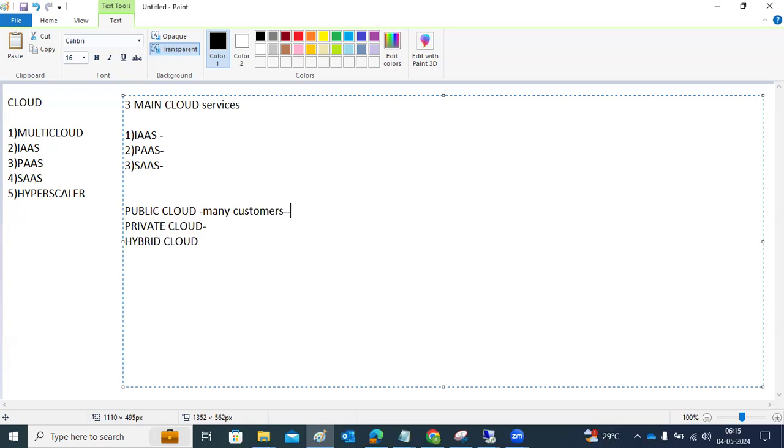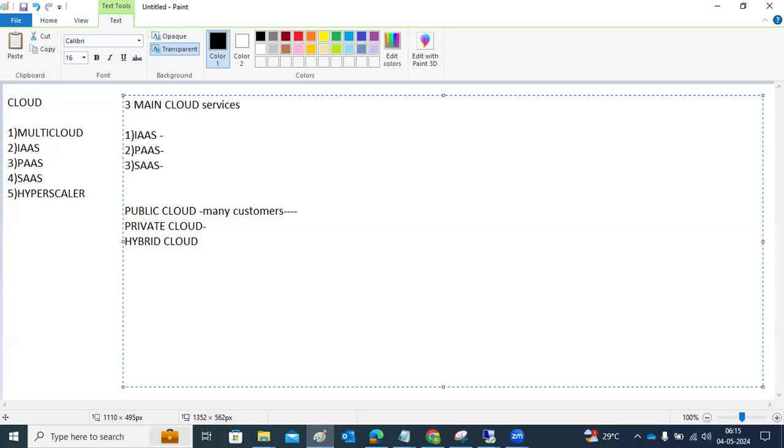So your customer data is only yours, but the cloud infrastructure related things will be shared. It's convenient and also cost effective. That is called the public cloud.